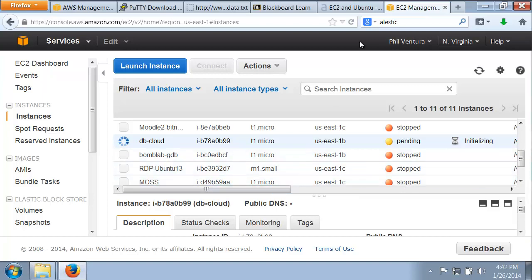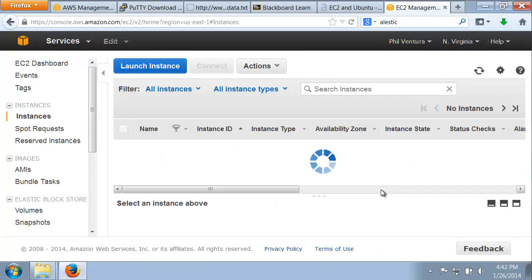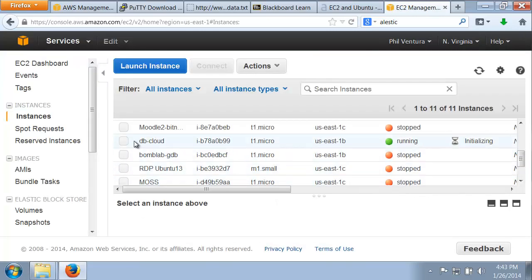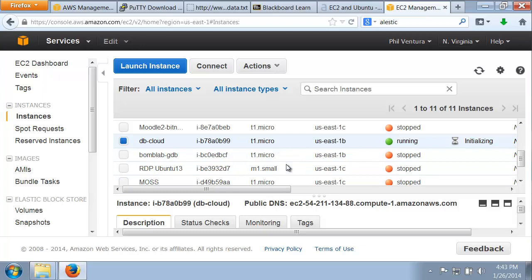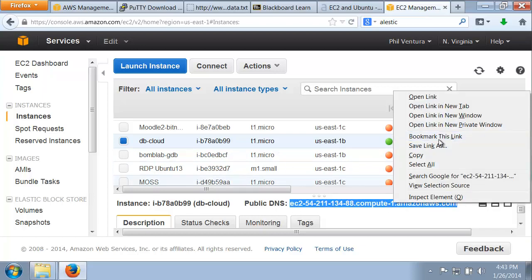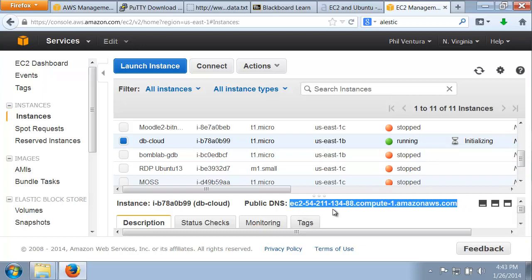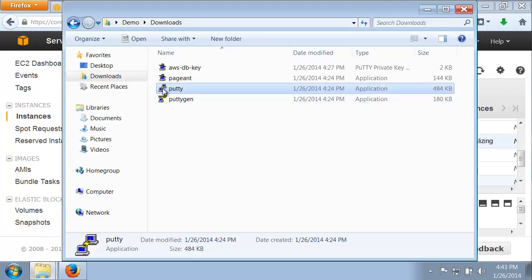All right, so this is loading up. Sometimes Firefox is a little bit slower in updating that, so I'm just going to do a reload. Yeah, as we can see, it already is. So here I've clicked. There's the new address. Again, I'm going to select that and go to copy. So you see 134-88. All right, if I go back over to downloads and I run Putty,